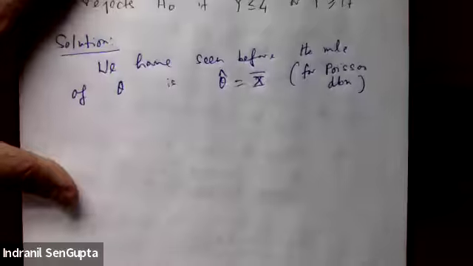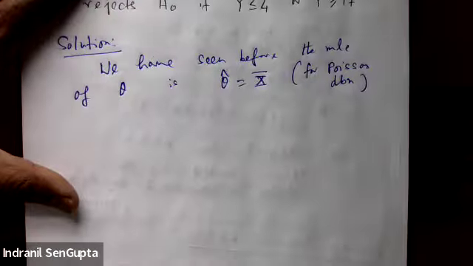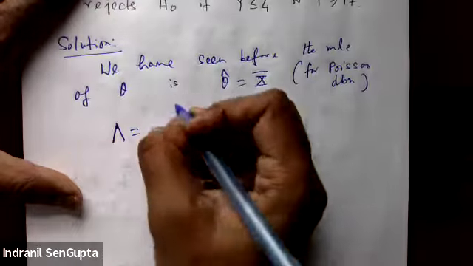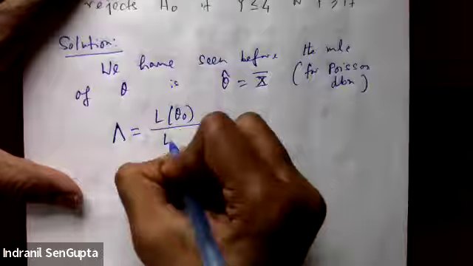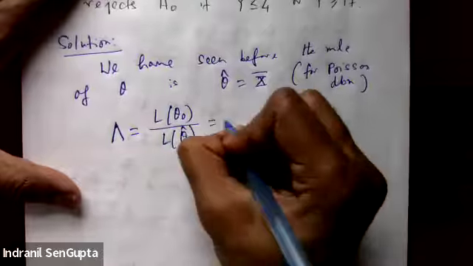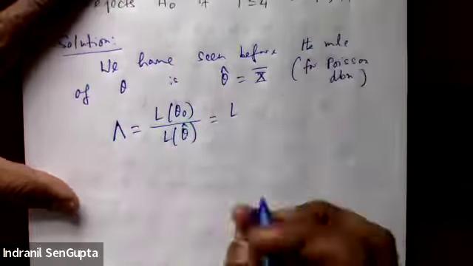We have seen it, right? And therefore lambda, which is given by L of theta 0 over L of theta hat, which is the same as L of